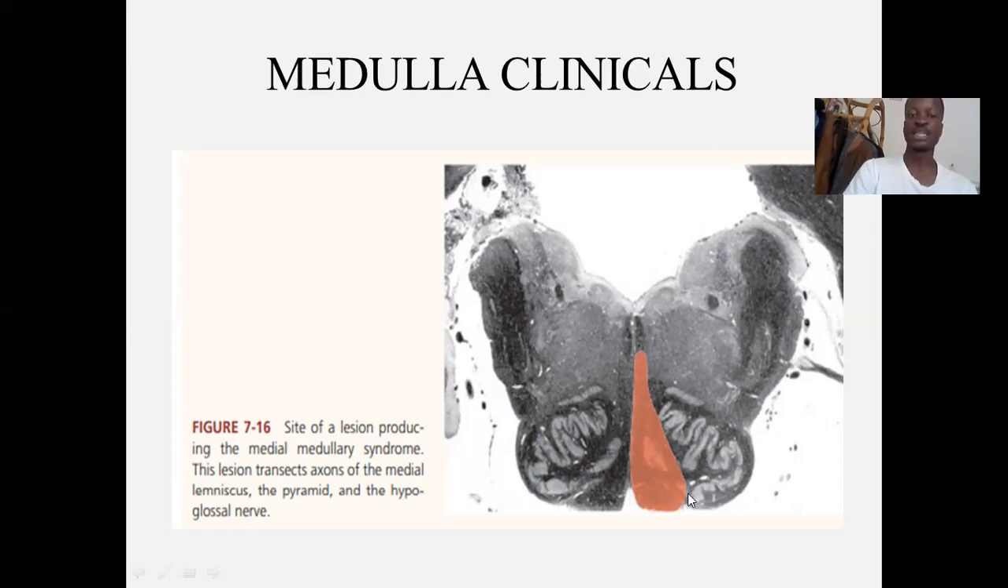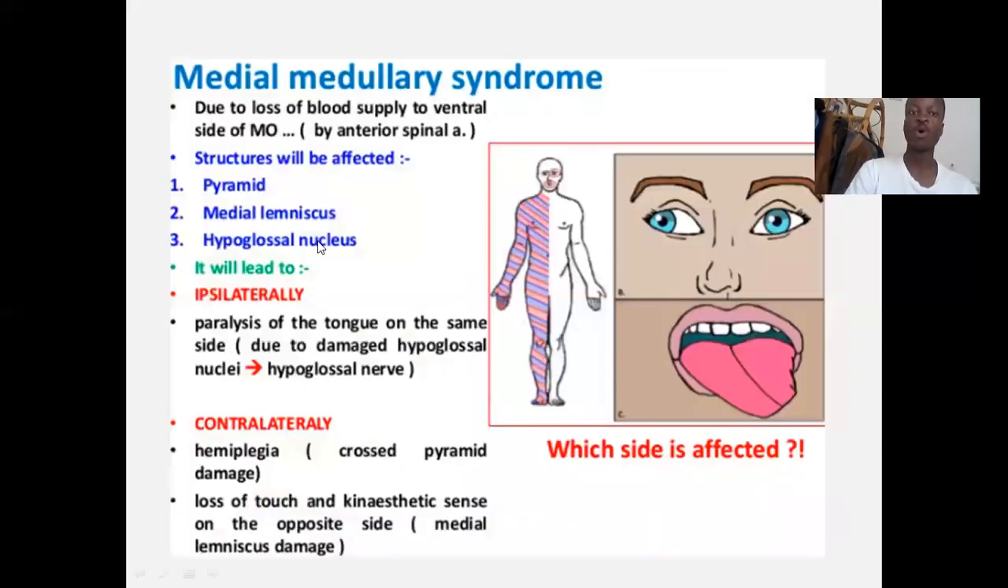You're actually going to transect the medial lemniscus as well as the pyramids and the hypoglossal nerve, that we were saying its nucleus is actually medial, right? So this is your medial medullary syndrome. Notice